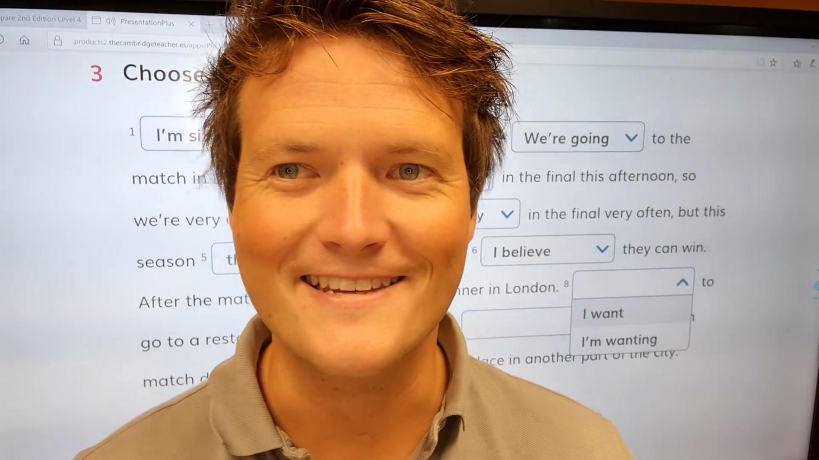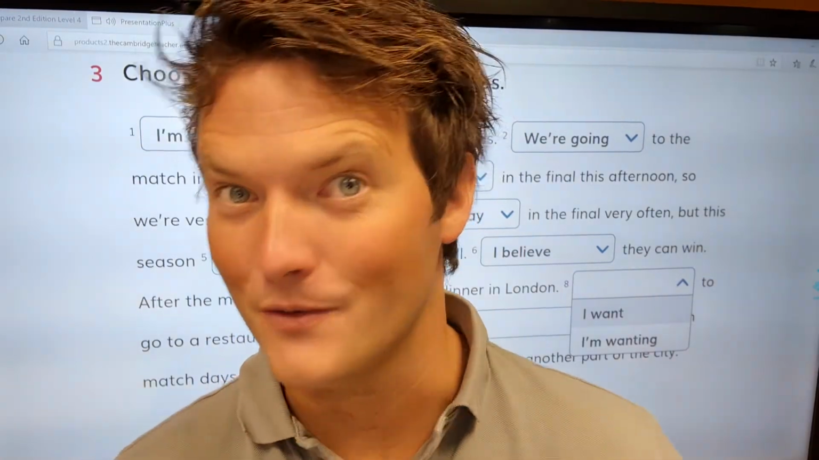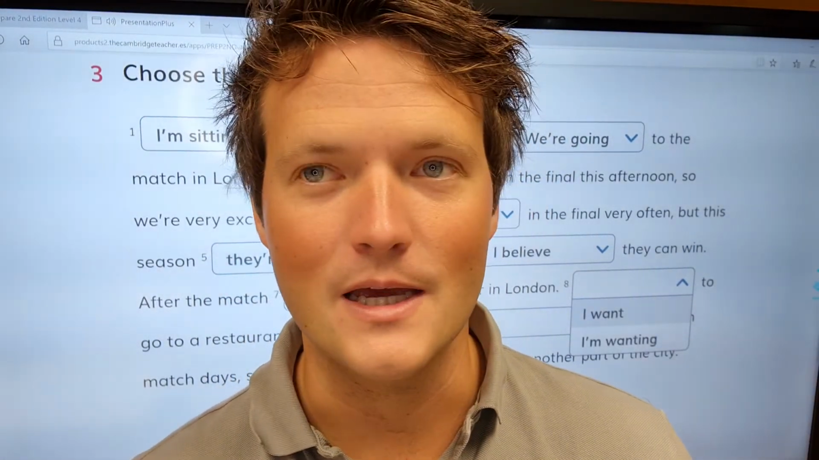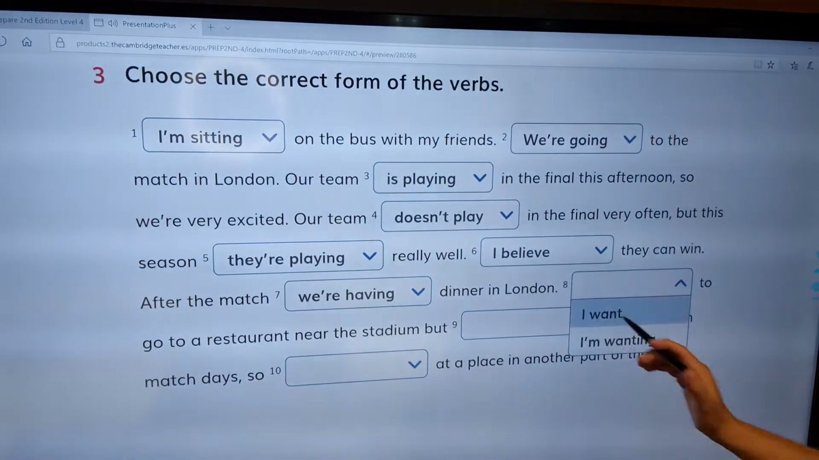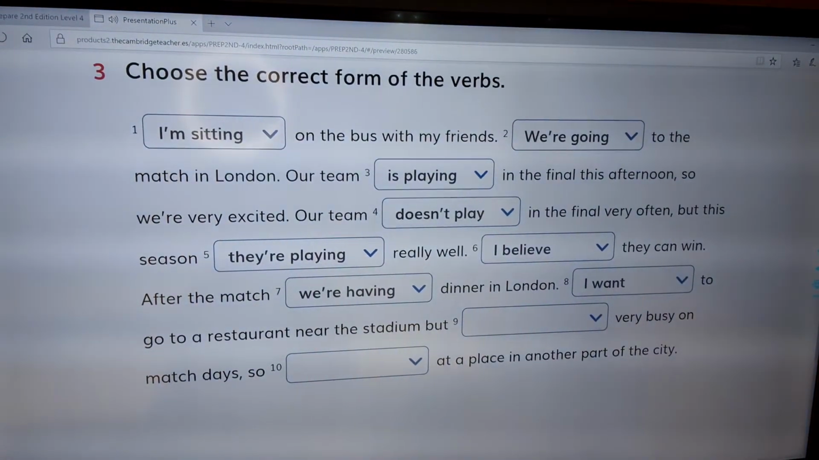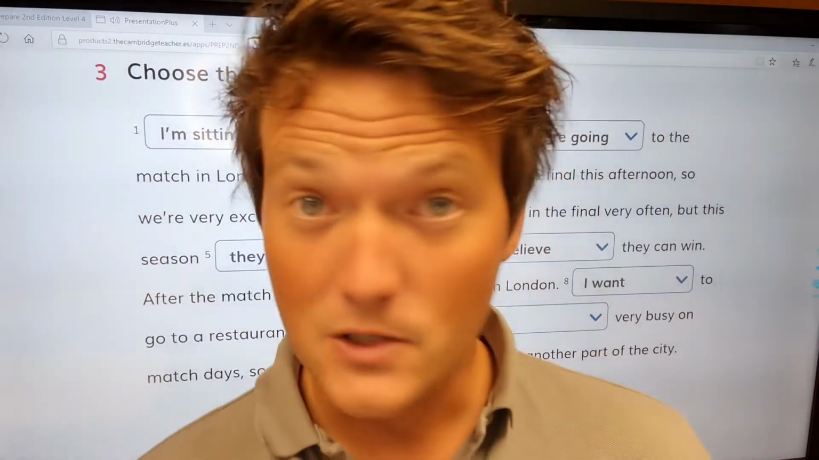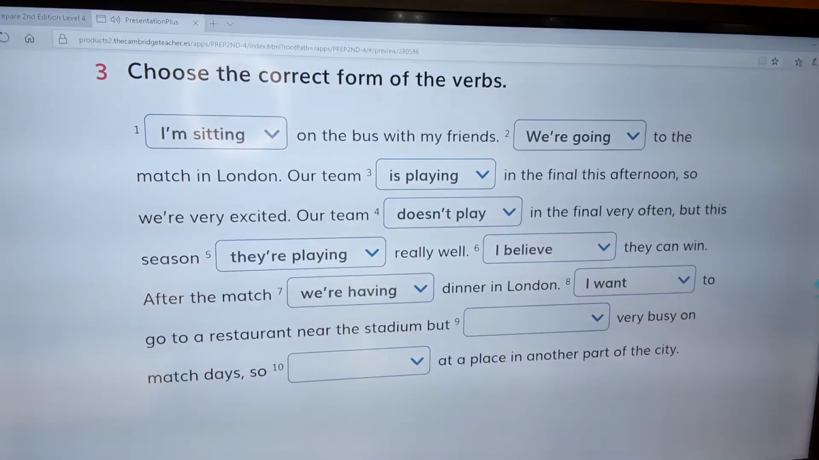Okay. Number 8. I want, or I am wanting, to go to a restaurant near the stadium. Well, want is a state verb. It tells me how you feel or what you think, right? So I would say, I want to go to a restaurant near the stadium. That's what I want, but